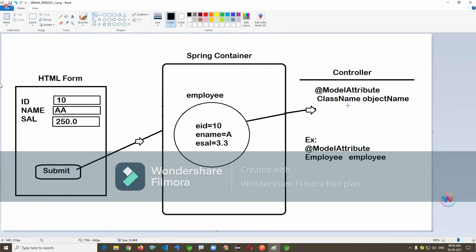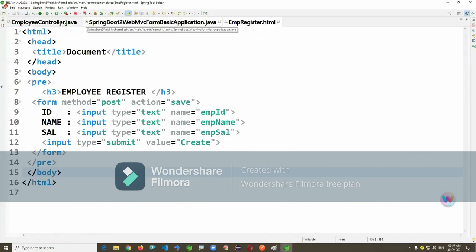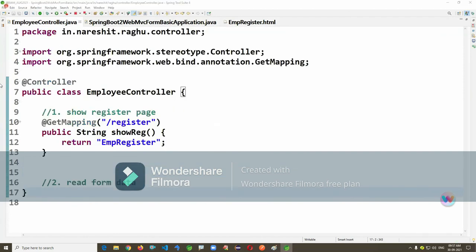In the controller, we have to read it like this: ModelAttribute, class name and object name. Save EMP.